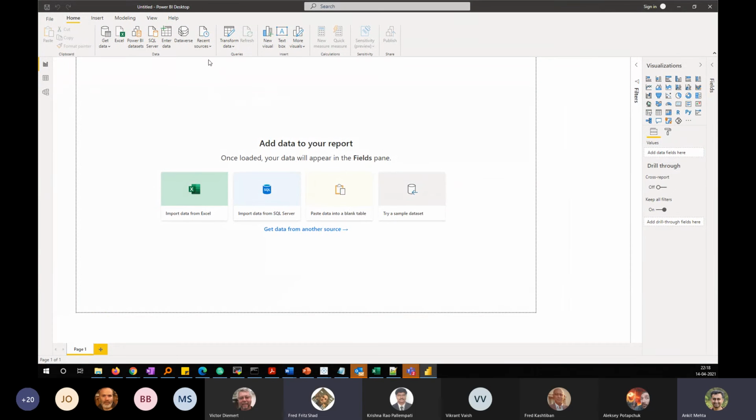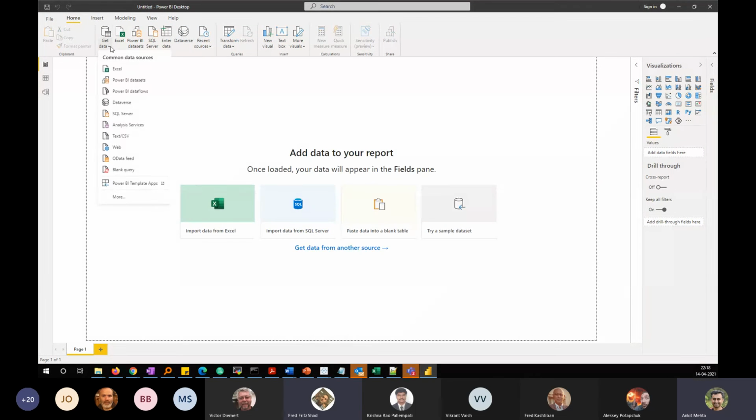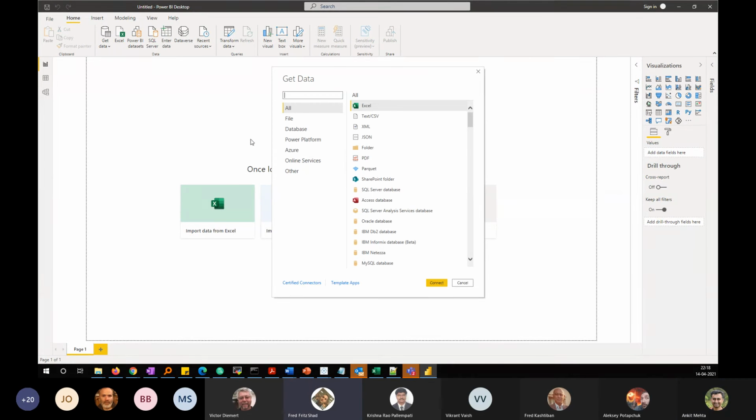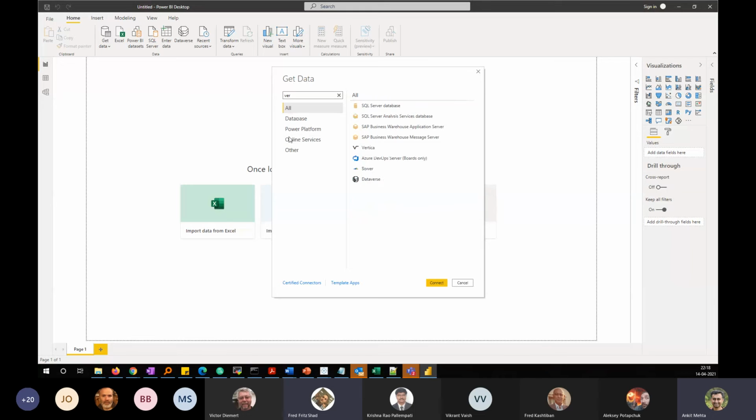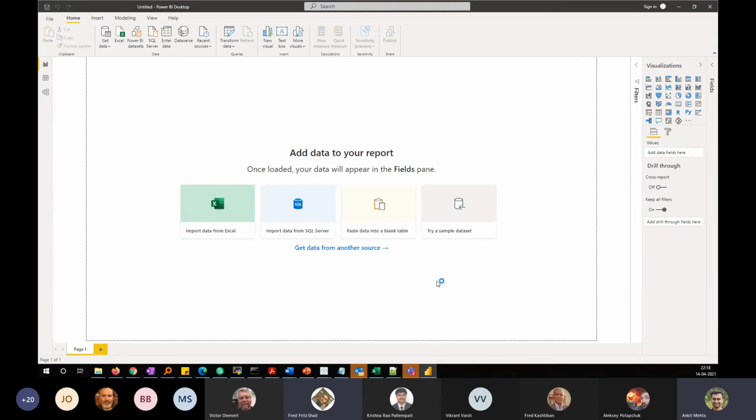So if we go to data sources, I say get data, right? And Vertica is not listed here. So I say more, and you would have the Vertica with this greenish icon, I think. Yeah, there is my Vertica. Right. And when you connect,